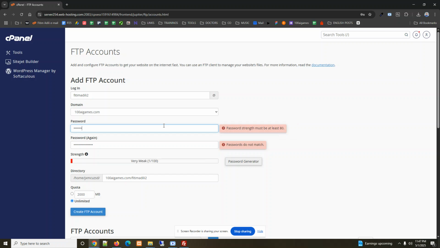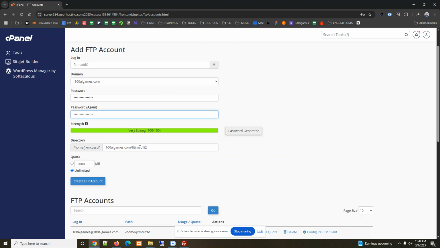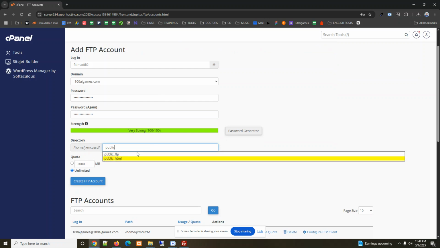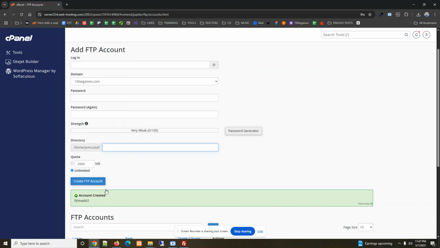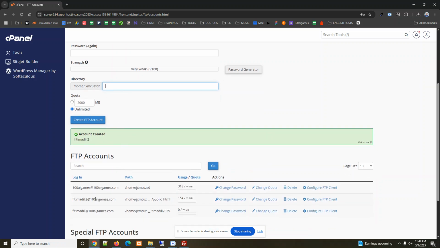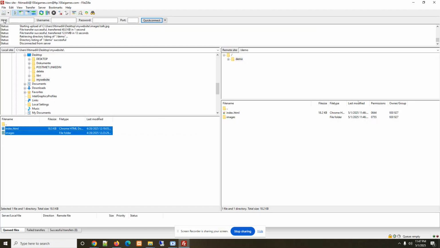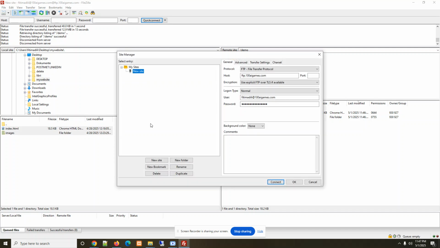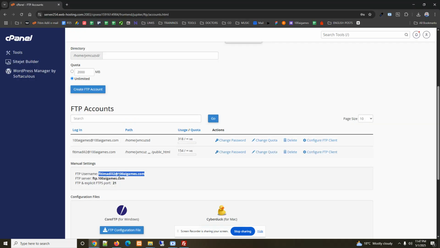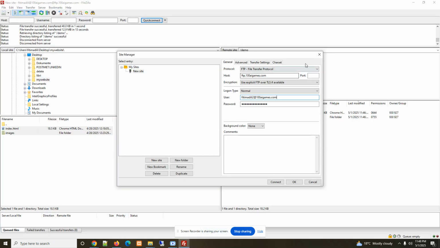Oh, once again, I made a typo. Okay. Ah, yeah, here we have it. Sorry, I made a mistake last episode. So I put it in the public HTML. So I have this one. So I will go again with the same data. So site manager, I will use this username. The FTP port is the same, so it's 21. And then